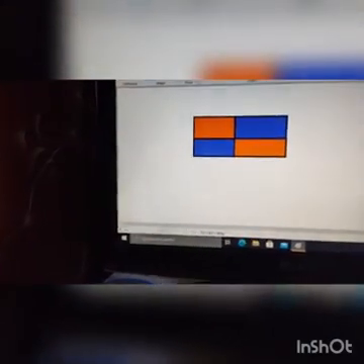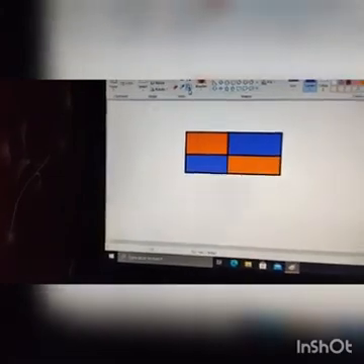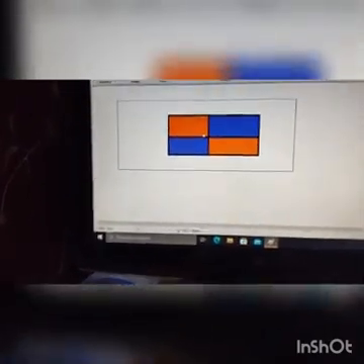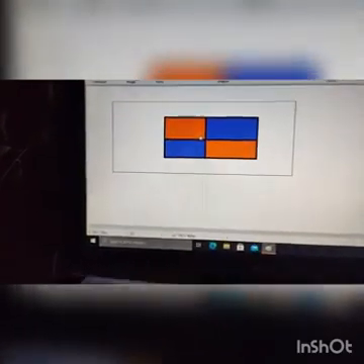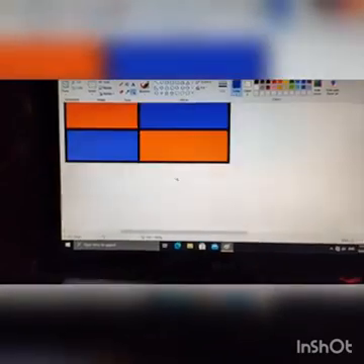Next tool is the zoom tool. Simply magnifier, its name is magnifier also. With the help of that you can see a bigger view of any image. So you'll have to left click on it. See, it is increasing. This increased view is known as zoom in, and if you right click, then that view is known as zoom out. So zoom in, see it is increasing, and zoom out.